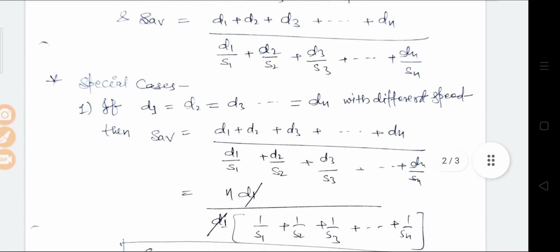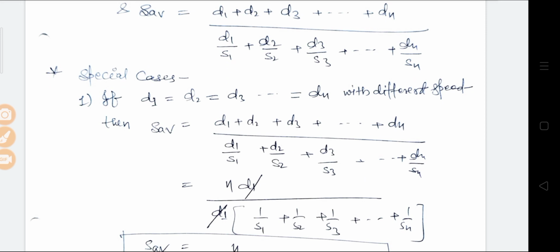Now special cases. The first special case: if distance is the same, d1, d2, d3, dn all are the same with different speeds, then S average equals (d1 + d2 + d3 ... dn) upon (d1/s1 + d2/s2 + d3/s3 ... dn/sn). And in this case, when distance is the same, d1 equal to d2 equal to d3 equal to dn, so the total distance will be n d1,